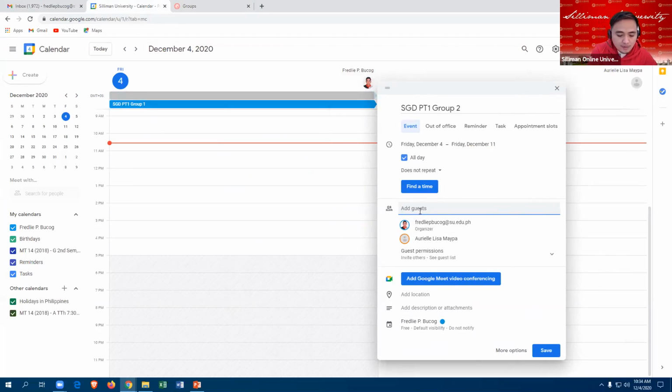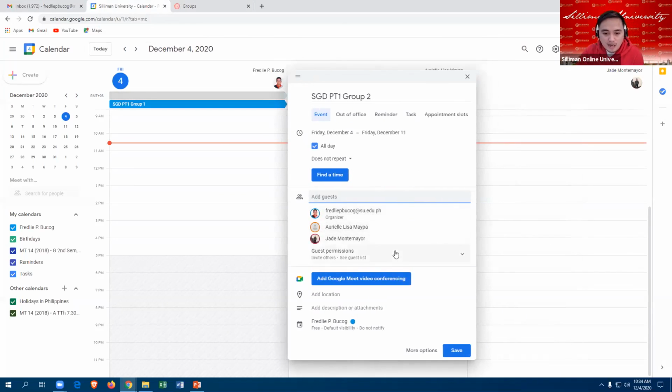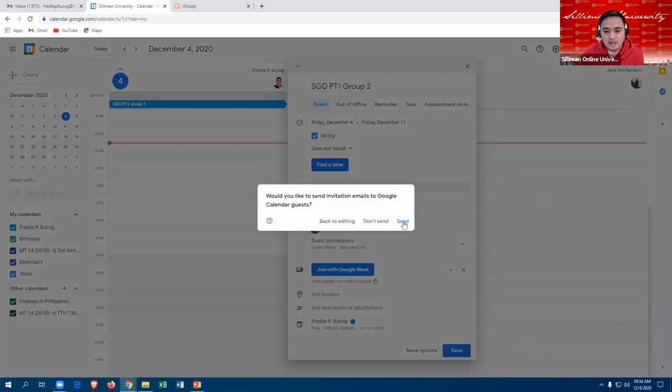And then you click add meeting conferencing. So we have here another meet link. And then you can also specify if you have general instructions or attach a file. And then once you're done, you can click the save button and then you send.